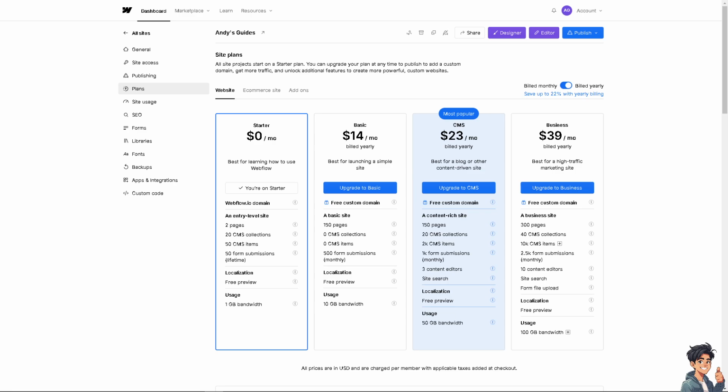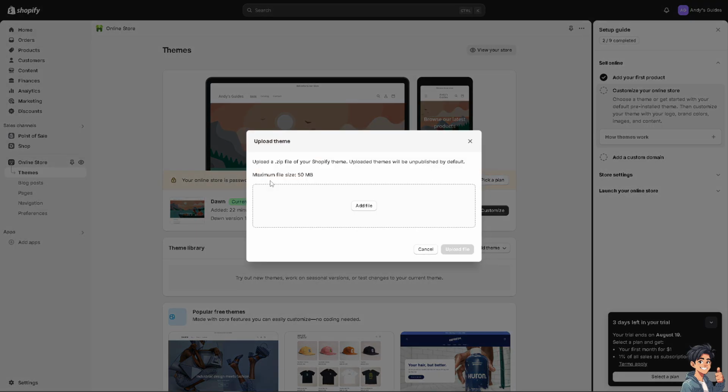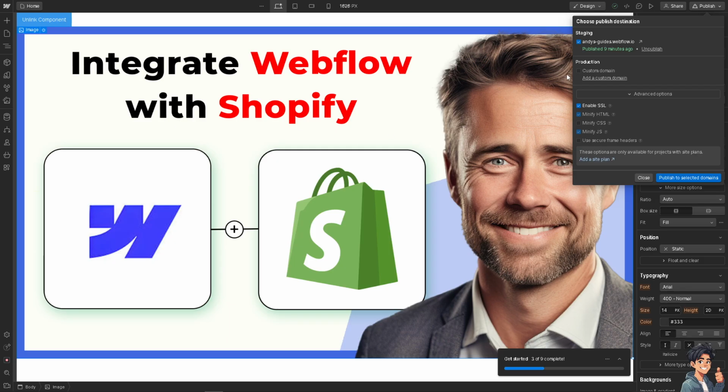Now, once you've downloaded the zip file, you see, when you switch over to your Shopify, when you go to the theme, currently I'm using Dawn, I want you to click on add theme, and of course you can upload zip file. Now, the zip file will be coming from the downloaded files you have on the Webflow. All right. That's why it's very important to get all this data and download it via a zip file, so